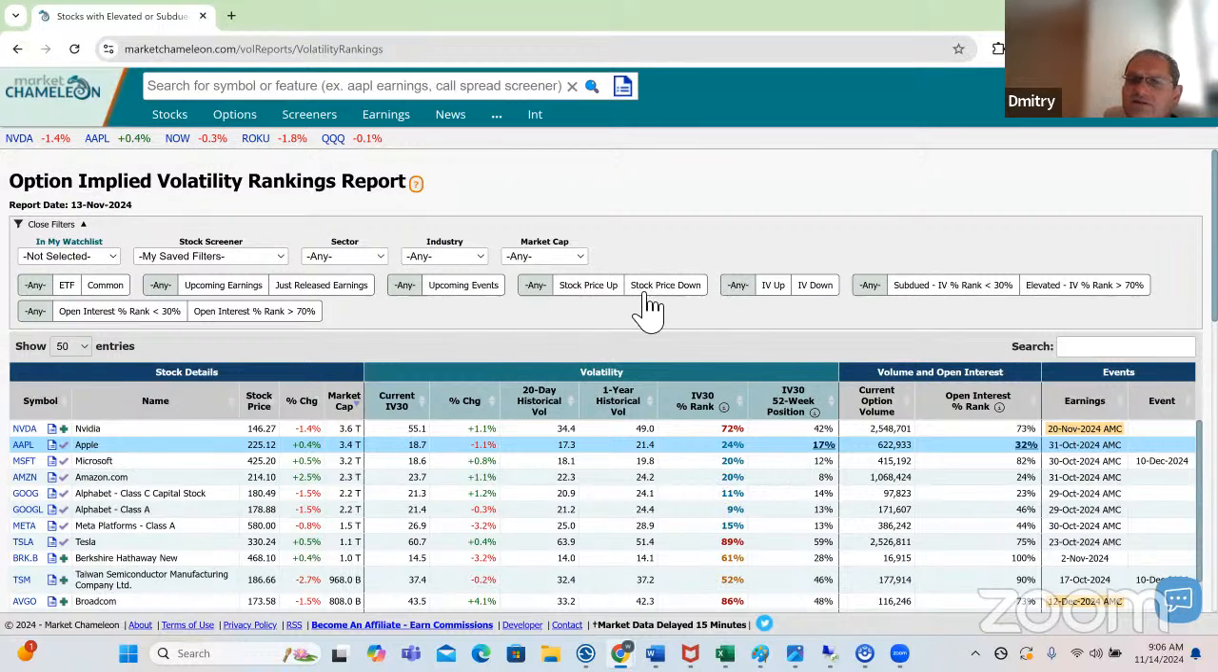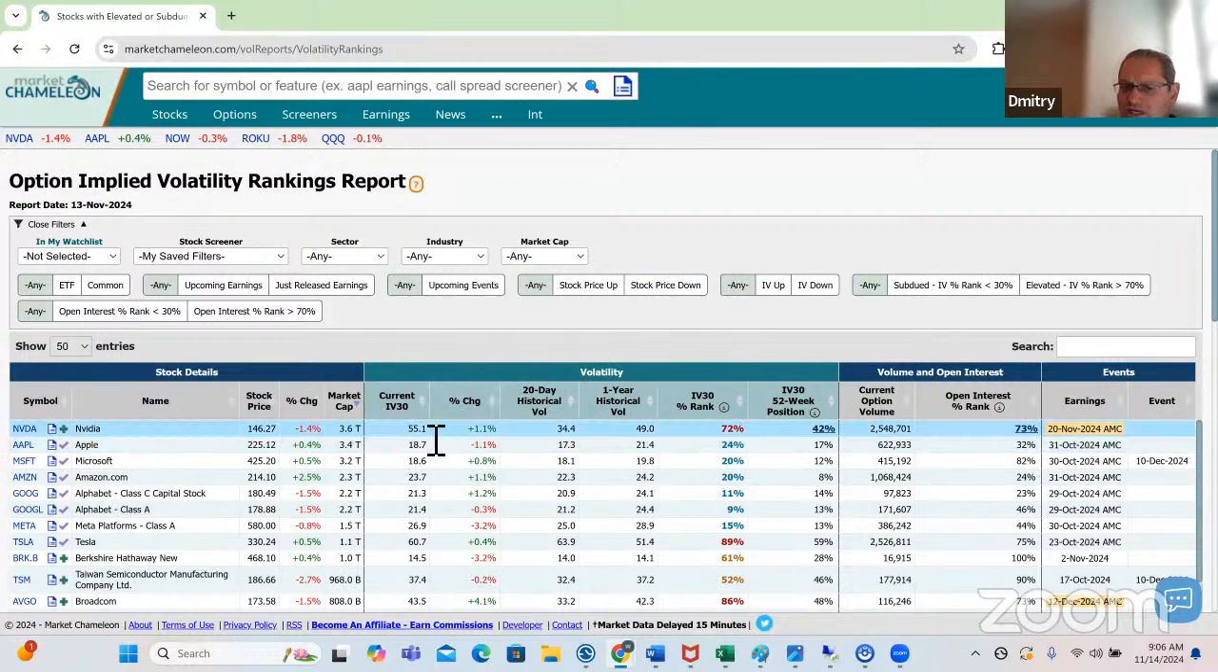And in this case, what we're doing is looking at IV30. IV30 is a 30-day constant maturity option. That's 30. And this is looking at an at the money option. Okay, so